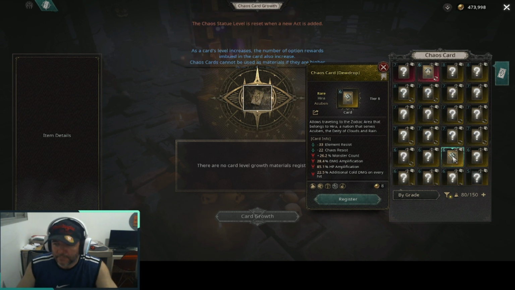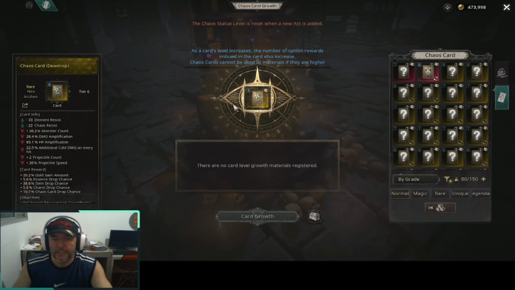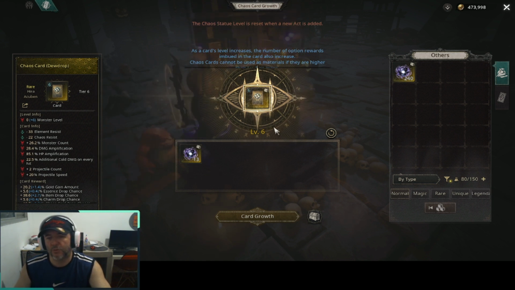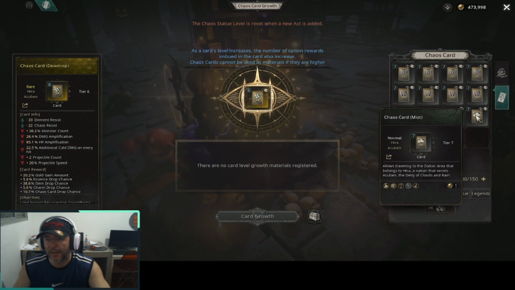Now, assume you already know how to, you understand increasing level of a card. This is a quick guide here, so I hope you can catch up. You need to identify the card, then you put it in the middle, and now you can increase the level of the card. You can use either darkness energy. Here I'm using 13 darkness energies to increase this card from level 0. All cards start at level 0 to level 6. You cannot increase a level of the card above its tier, so this is tier 6, so max level for this card is 6. Now I can use darkness energy, or if I have so many cards, if you want to make room in your bag, you can just burn